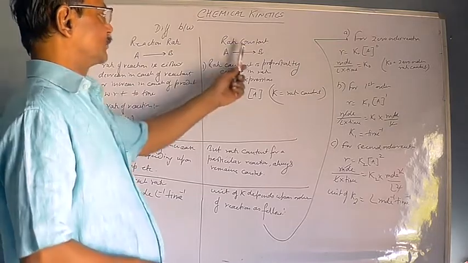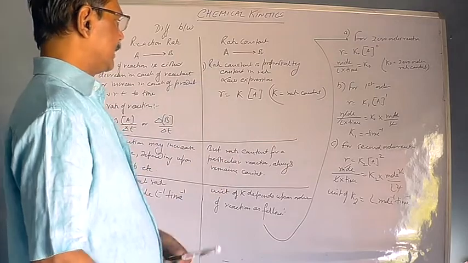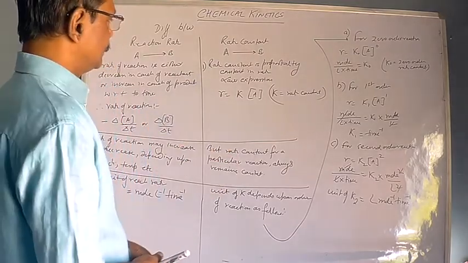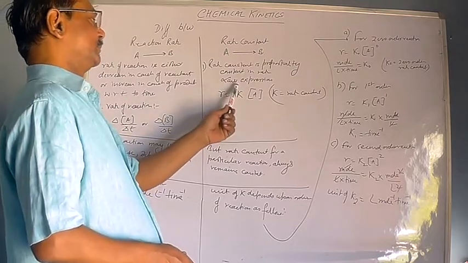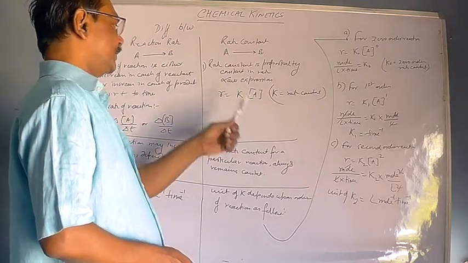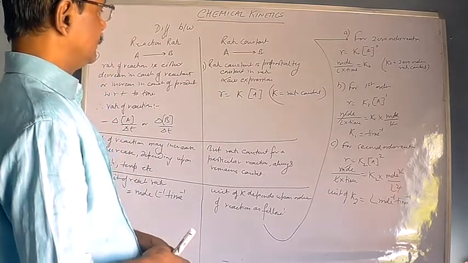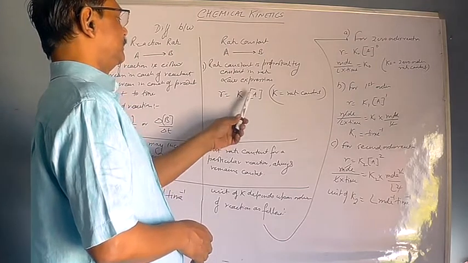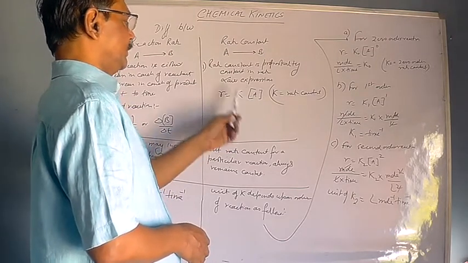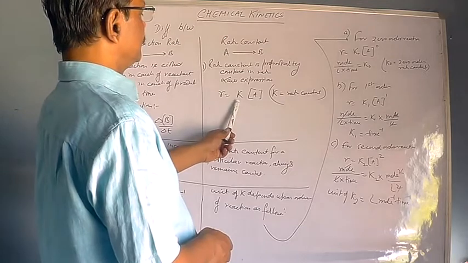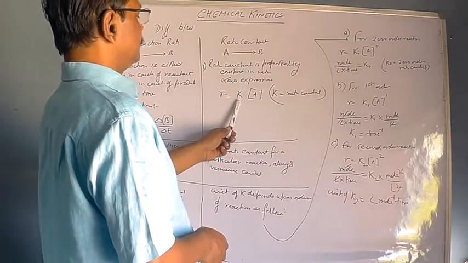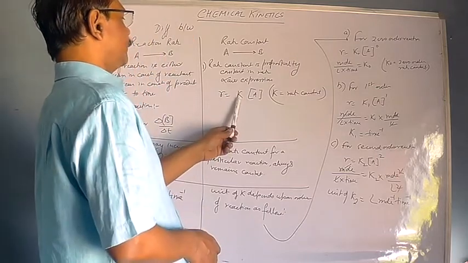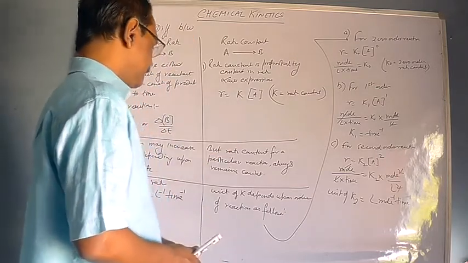Now class, what is rate constant? Again we are considering an example, A giving me B. Rate constant is the proportionality constant in the rate law expression. Till now you have not studied how to write rate law, but for the time being let us consider here R equal to some constant K multiplied by the molar concentration of A. So this K is your proportionality constant and is also called rate constant. So in a rate law expression, the K is always your rate constant.